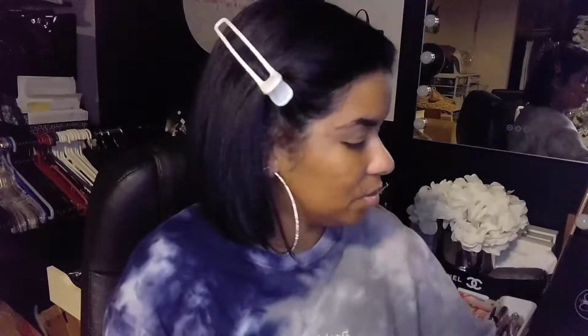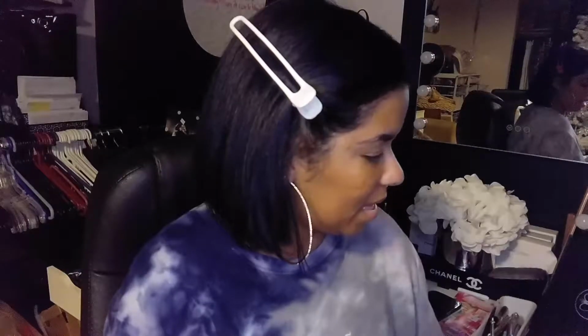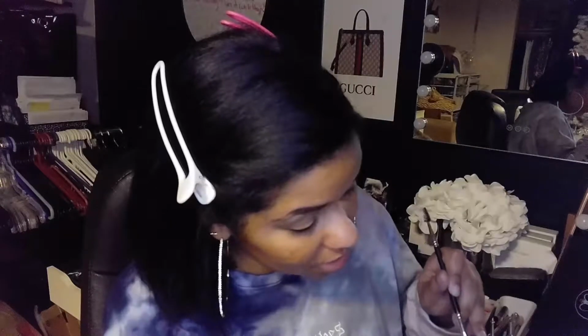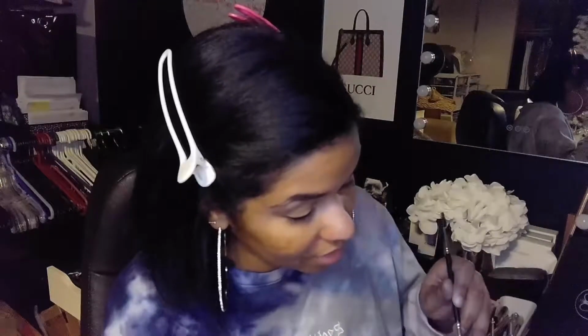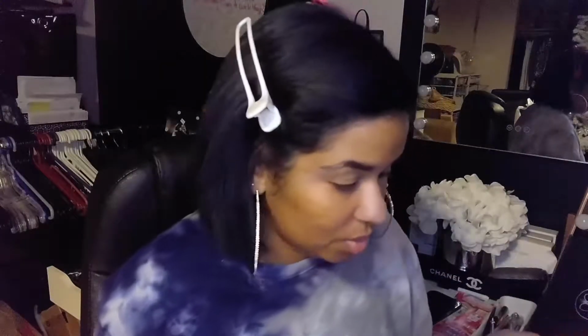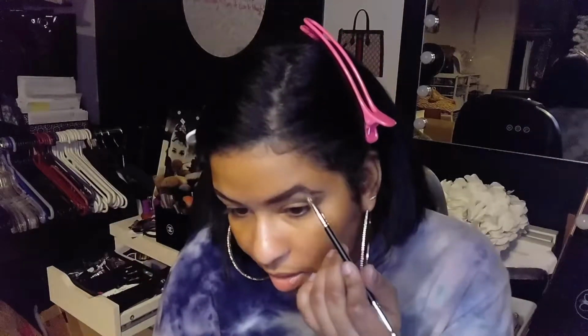Now I'm going to go with Ebony, which is the one I've been using again for years, and I want to try to blend those two up real quick and apply that from the arch of my brow down, taking a little tiny bit again, especially of Ebony, because Ebony is real dark and she will betray you. She is not your friend. She will just, I mean, betray you. Do not tell her your secrets, because that bitch, honey. So let's see, I'm just going to use Ebony again to fill in from the arch